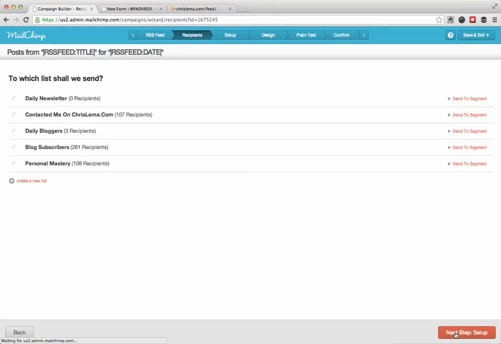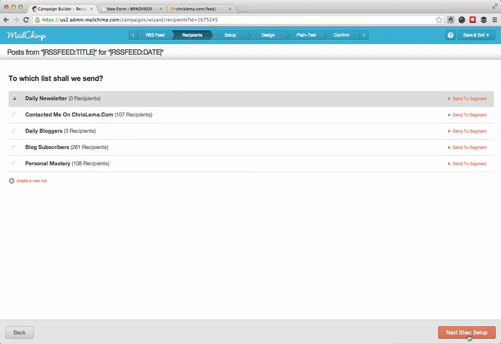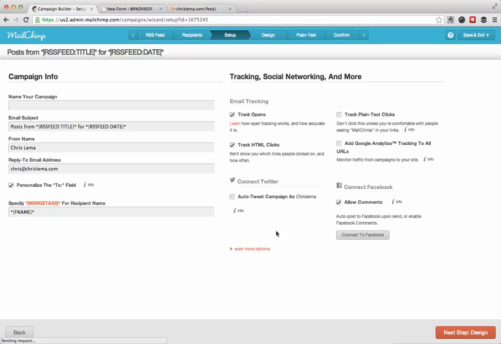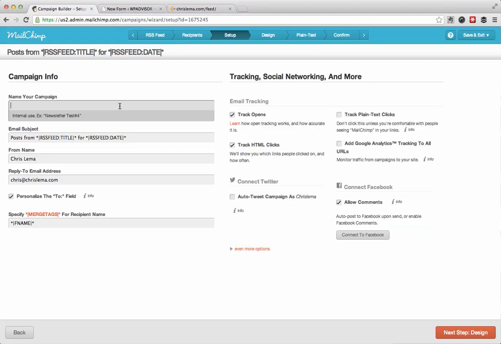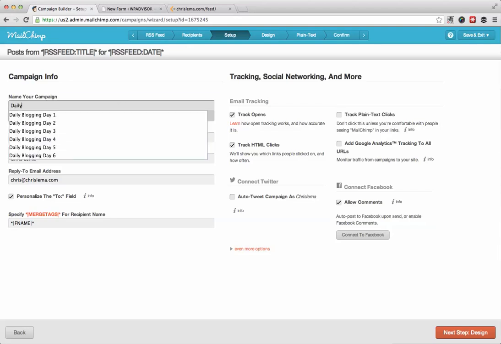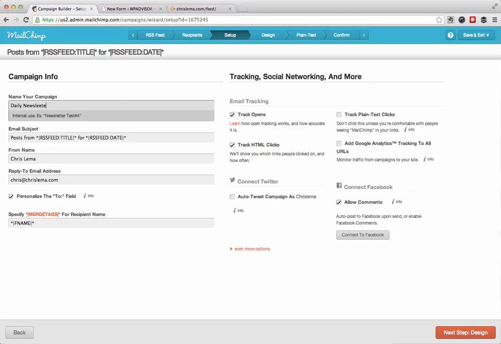When you click next, it's going to show you all the lists. And remember, we just set up our daily newsletter list. So we can go next to setup. And when we go next to setup, we're going to have to name our campaign. Now this name your campaign is your internal name. It's what you decide to call it so you know it. So this is my daily newsletter